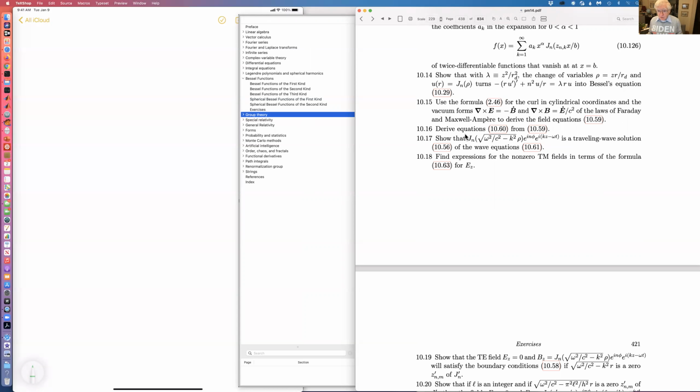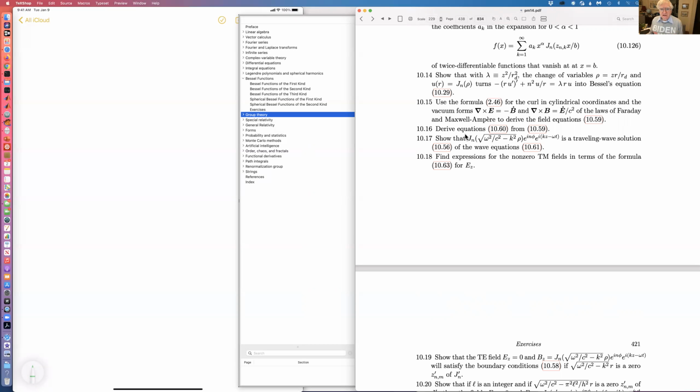And we want to find expressions for the TM fields in terms of that. Then, to get the rest of the fields, what you do is you go up there and solve for,